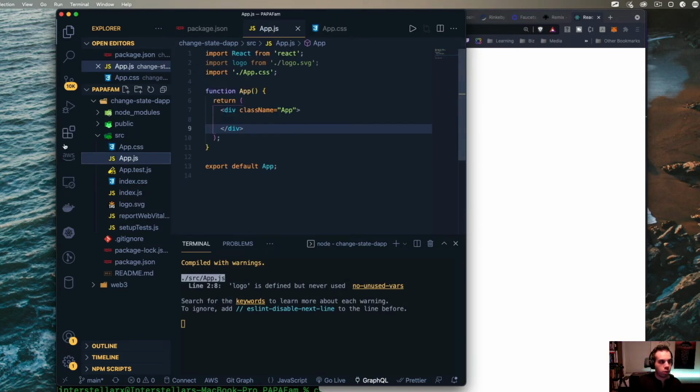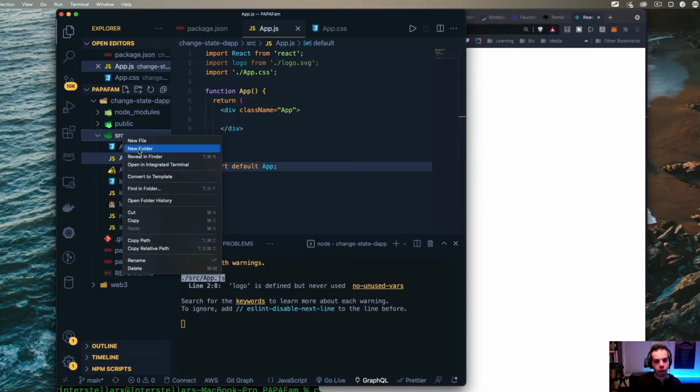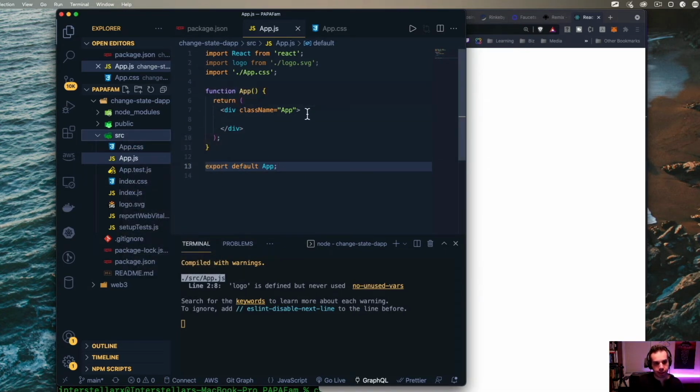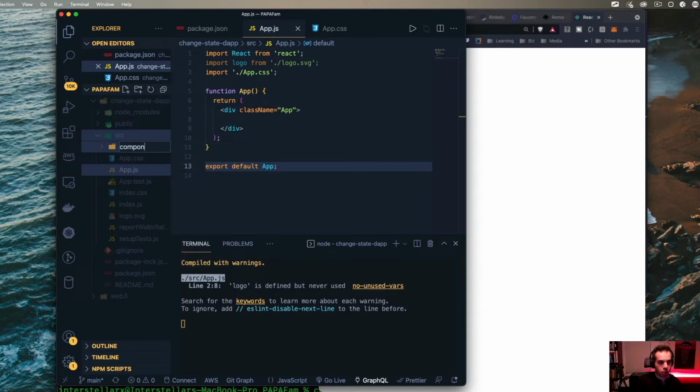So now we're going to start actually coding this out. What I really like to do is use styled-components just because I really like this framework for building. Instead of having a div with className equals app, you can just have the div be its name itself. So we're going to create a little bit of organization here. We're going to call this components. We're then going to name and call this appElements.js.